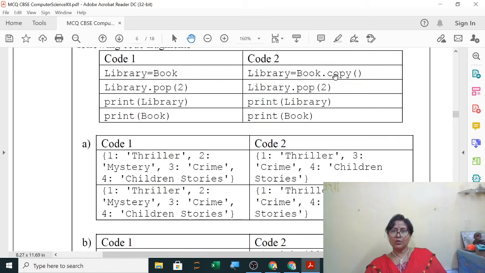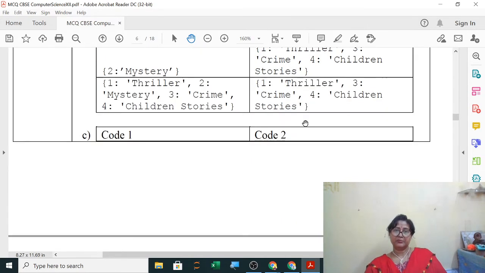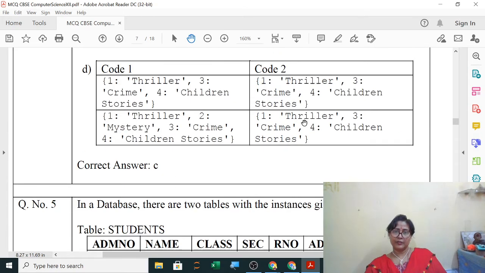Code 1 and code 2, what is the difference? One is directly book and one is dot copy. Then what happens? The copy function they are trying to explain here. Let me check here.